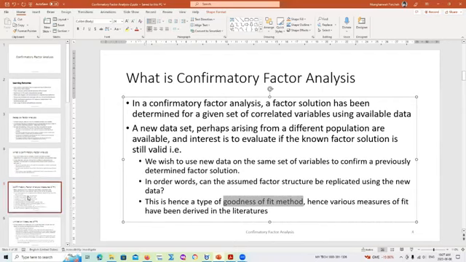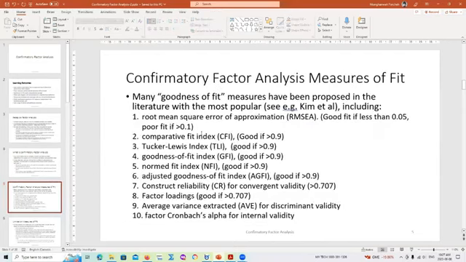So in here, I just took a whole list of what I see in the literature on those measures. There are so many of them. And the ones that seem to be reported as the most common are this root mean square error of approximation. And the recommendation is that for a good fit, the value should be less than 0.5. And then between 0.5 and 0.1, the values are some marginal fit and so on. You can put some adjective to define, but it's still an acceptable fit. But when the value is greater than 0.1, it's normally considered as a poor fit. So that is one of the standard interpretations.